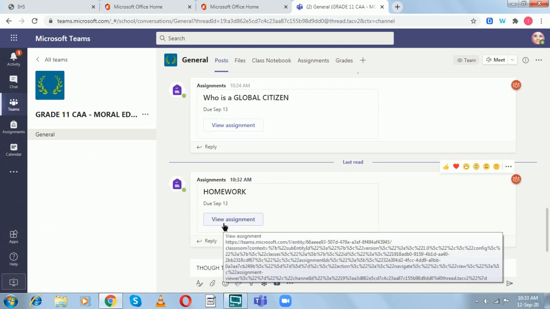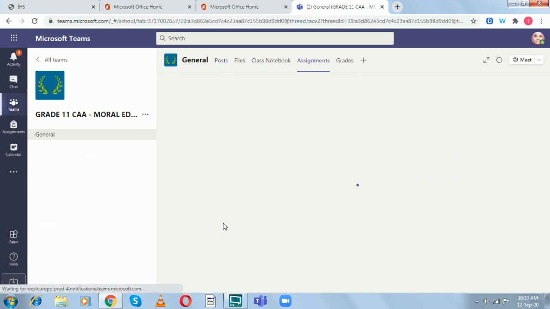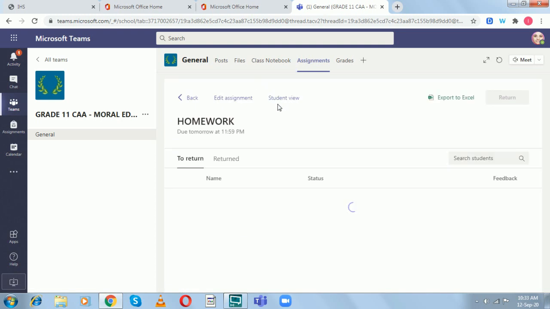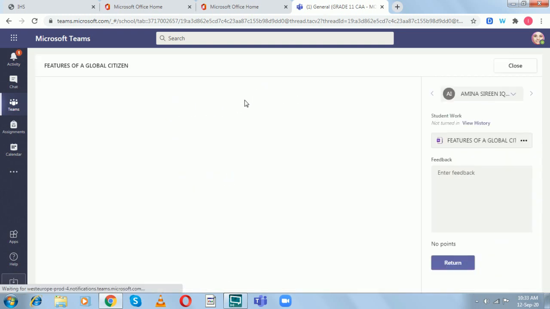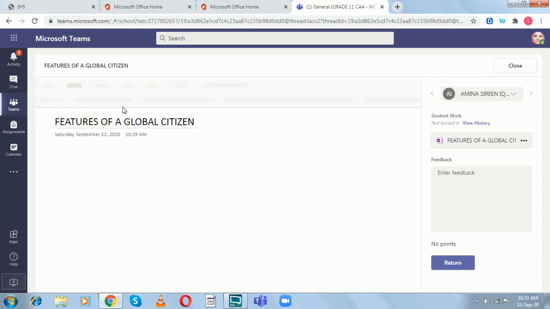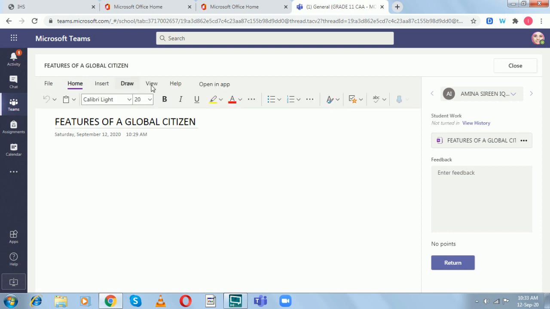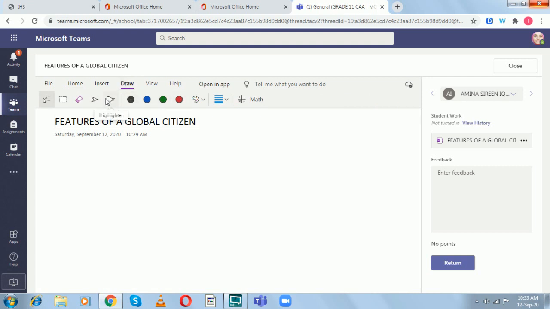So for that you can use the second assignment that we have posted through the notebook. Open that, so it opens up in the notebook. Now this is the second assignment. It opens up in the notebook of the child, and when you open it, you get the options over here. You get the option to draw. Click the draw option, and you get a pen there. Choose the pen and choose the red ink. So you have the option to correct, tick, put a mark, everything.